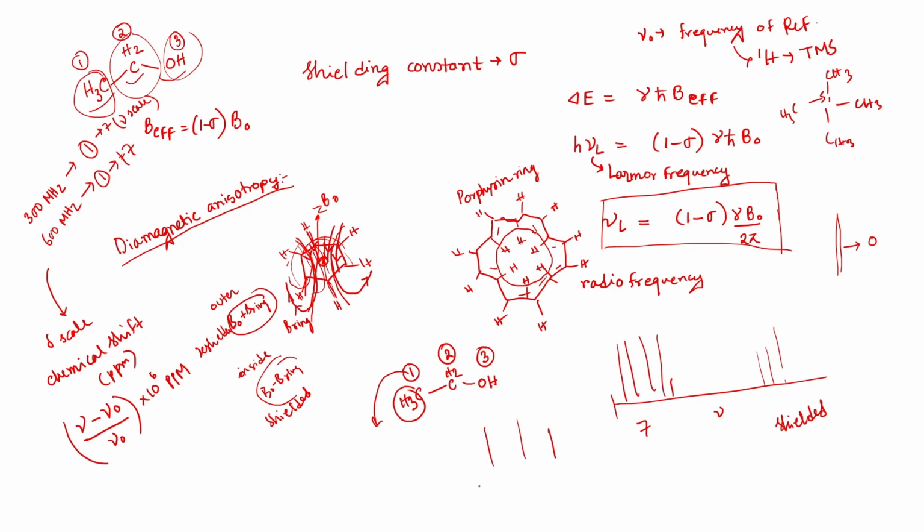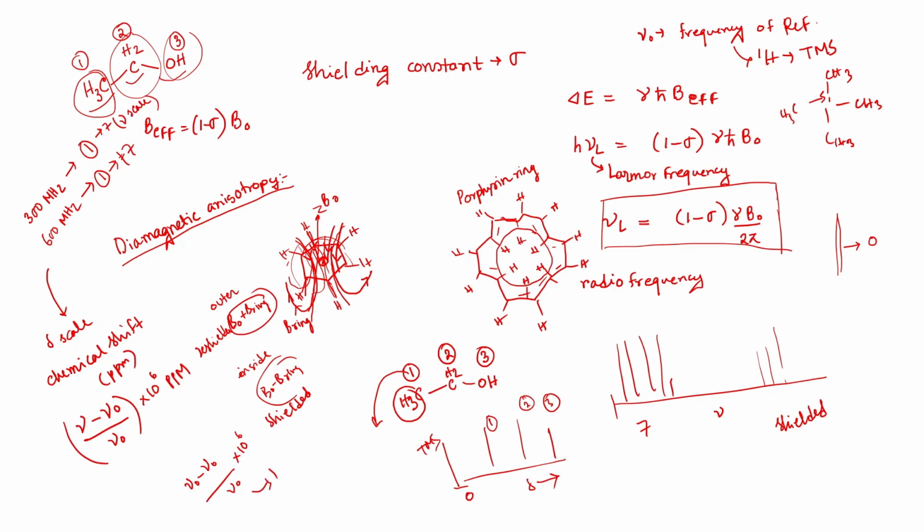So I'm not talking about where the delta is actually going. If this is 1, 2 and 3, delta is increasing this way, and for TMS you are actually going to get 0, right? So for TMS, what is the thing you are going to get? Nu 0 minus nu 0 by nu 0, it is 0, right? So that is actually 1.